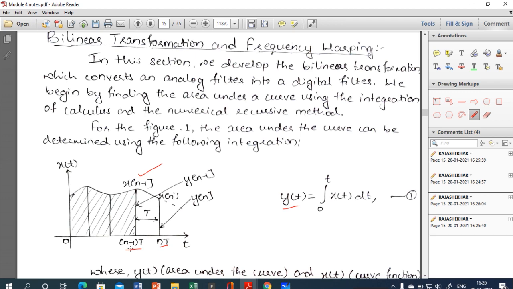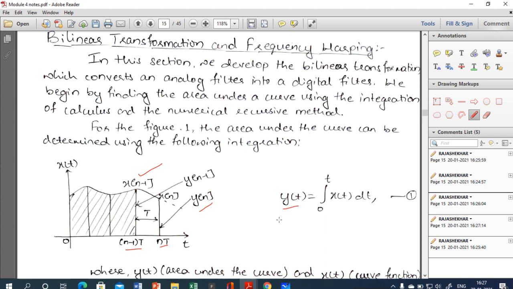Similarly, in an IIR filter, the output not only depends on the present input but also on the present and the past values of the output. So that's why here we have shown y of n is the output for an input signal x of n, and y of n minus 1 is the output for the past value, x of n minus 1. So using this, I am going to write the difference equation, which I will show you once I go through this derivation.